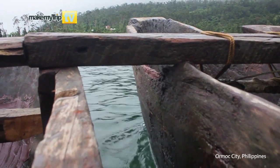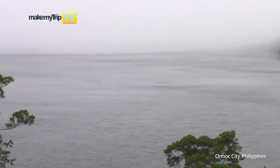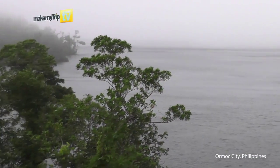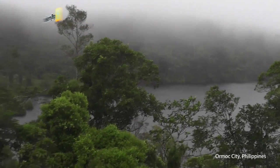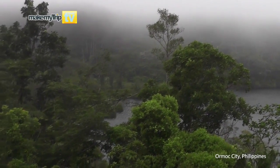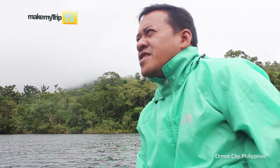Lake Danao is considered Ormoc City's main natural attraction. This violin-shaped lake on the mountains of Ormoc was previously named Lake Imelda but was changed to Lake Danao Natural Park afterwards. We're actually here at the crater of Lake Danao in Ormoc, part of the province of Leyte, and